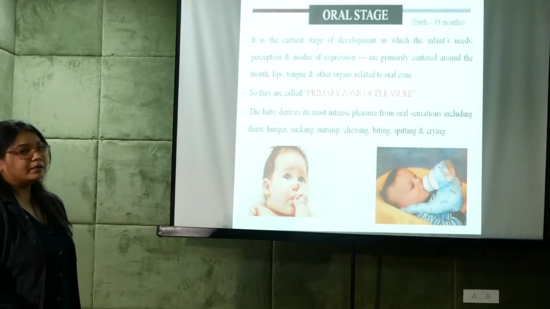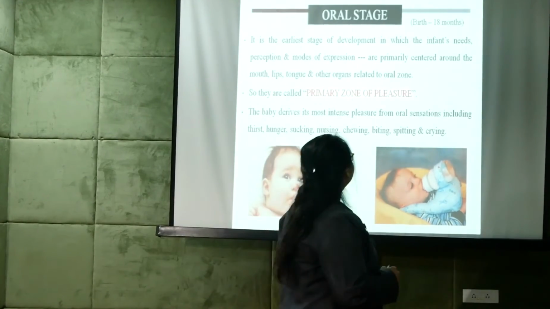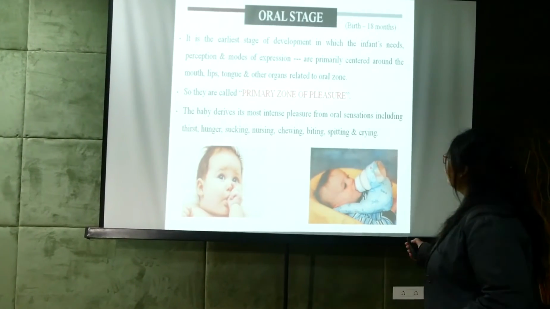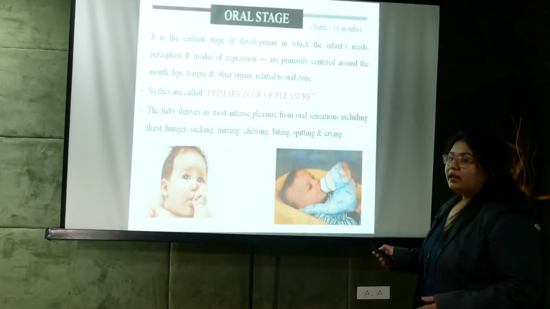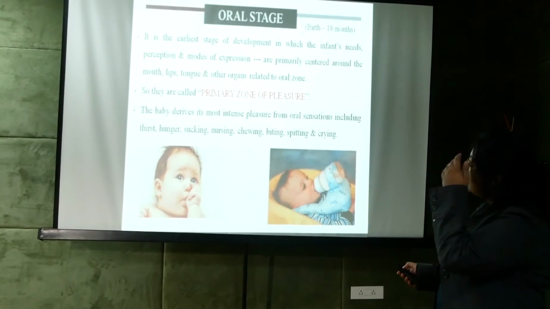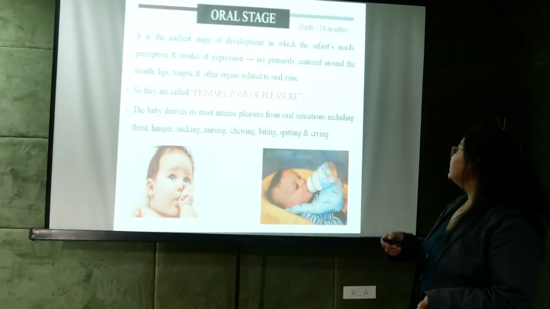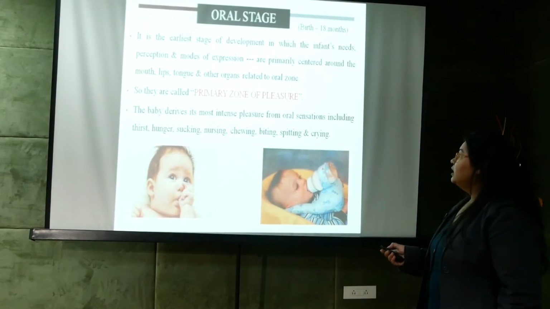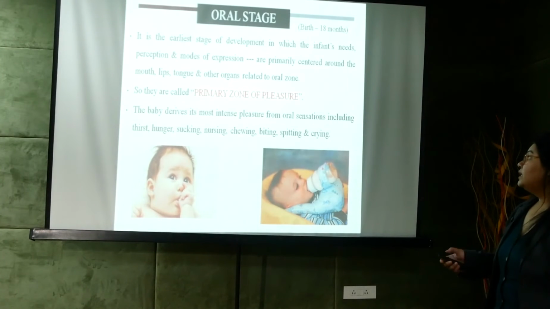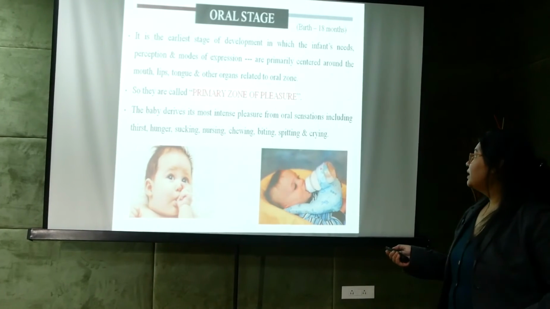First we come to the oral stage. It is the earliest stage of development, in which the infant's needs, perception and modes of expression are centered on the mouth. It is called the primary zone of pleasure, when the child is from birth to 18 months of age. The baby derives its most intense pleasure from oral sensations like thirst, hunger, thumb sucking, nursing, chewing, biting,